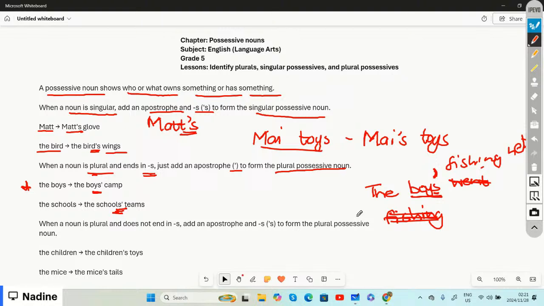If you were saying, right, someone is saying that my brother is wearing a pink hoodie, right? I'm going to turn that now into an example. If you say my brother is wearing a pink hoodie, and if we were to show the possessive noun of the sentence,